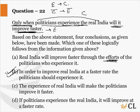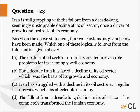Third one. Dinesh says it out. India is still grappling with the fallout of the decade-long, seemingly unstoppable decline of the oil sector, once a driver of growth and backbone of the economy. Okay. See, what is the statement saying? The oil sector was the bedrock of the economy earlier for Iran,